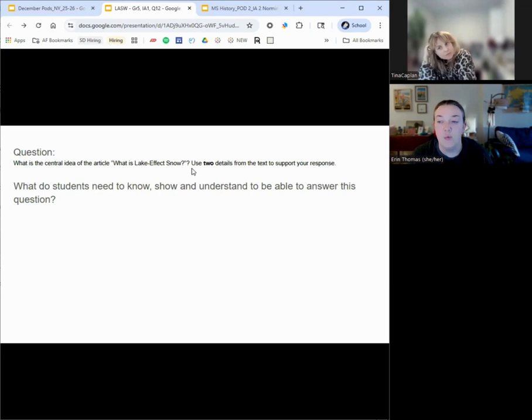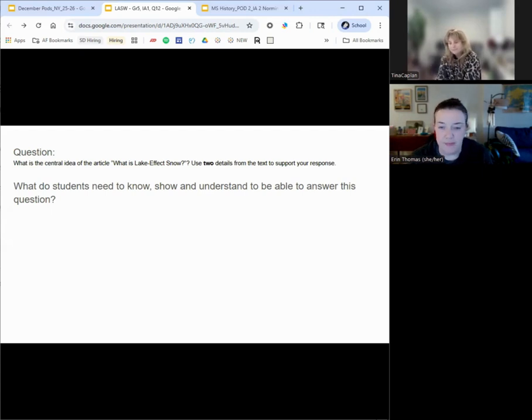So looking at this question, what do students need to know, show, and understand to be successful? Well, it's a standard two question, but it's focused on a central idea, not a summary. So students need to know that a central idea summarizes the author's main message and purpose, and that needs to be specific to the text. So they need to examine the author's claims and figure out the development of the ideas over the course of the text. And then finally, they need to understand that they might need to look at the structure of the text to help them get a really precise central idea as sometimes insights unfold over the course of the text.